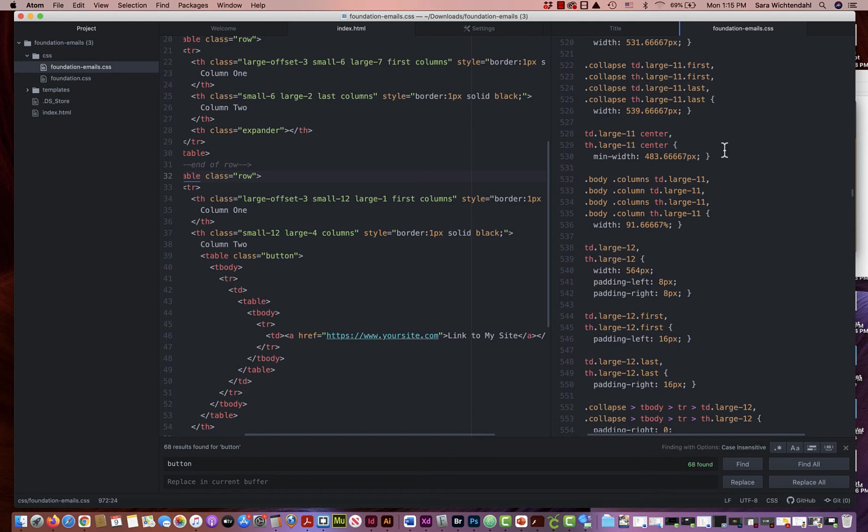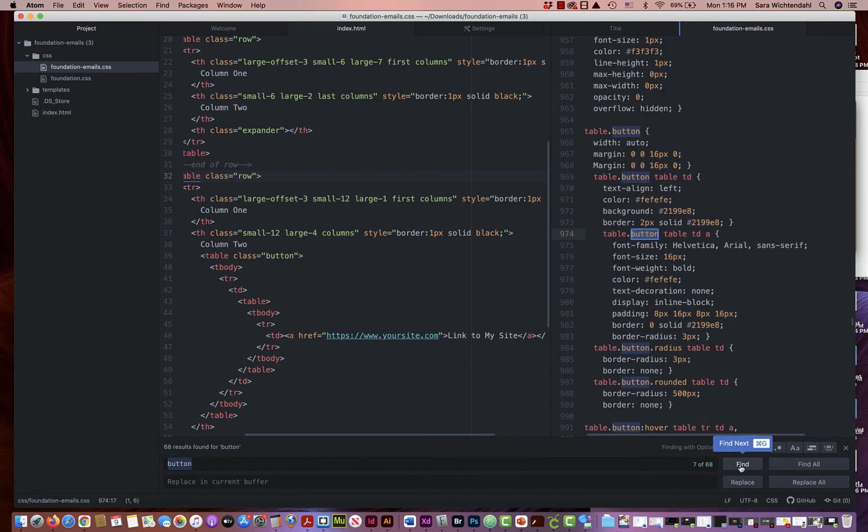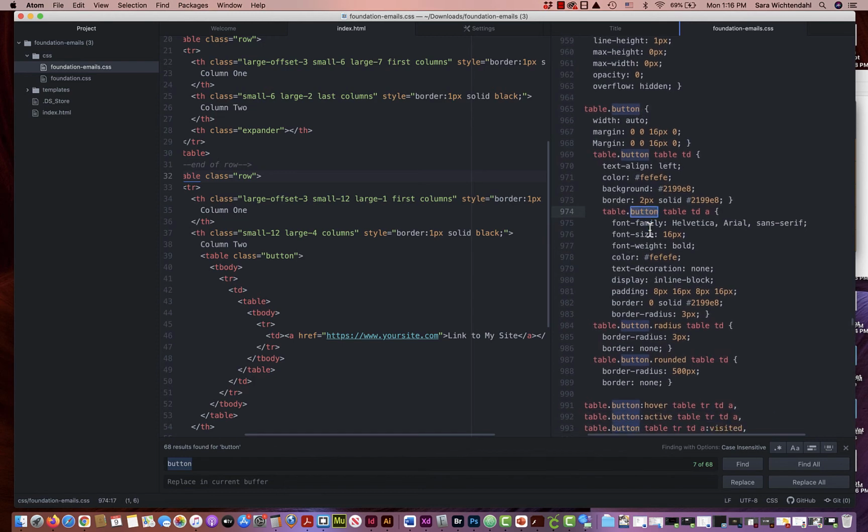So I'm going to go ahead and do a Command F and find my button. So I typed in the word button and hit find. If I hit it again, it'll be find next, or Command G. See, that gives me a nice little, and so it's taking me to where it's finding the term button within this CSS. It saves me from scrolling 900 lines of code down. So I'm going to be looking for,